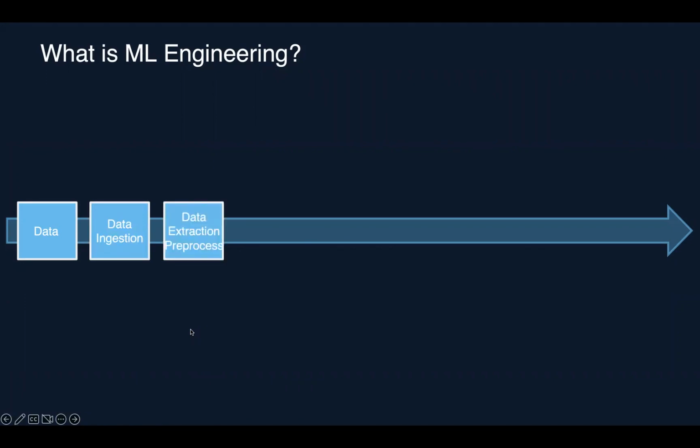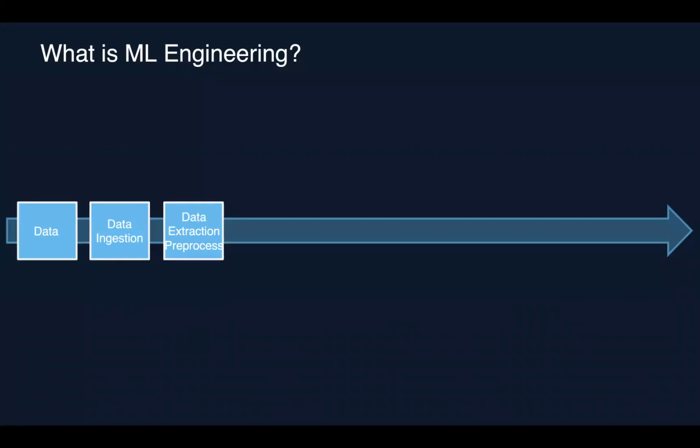And of course, we have to ingest the data because some of the applications require streaming data. So we need to have a proper infrastructure in place so that we can ingest the data in real time. We also need to have the tools that allow us to analyze the data in real time. For example, you can use Apache Flink or Spark Streaming if you have lots of streaming data coming in.